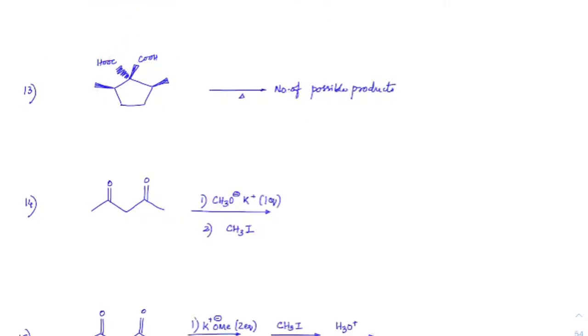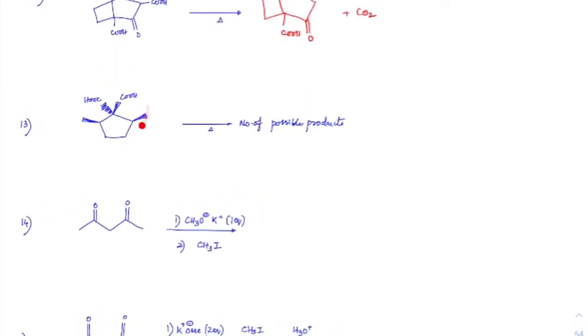Okay, this one is a quite familiar question, so you should be able to do this now. Find the number of possible products. These two configurations are fixed already. Here, these two are fixed. These are coming out of the board. One I can get is one COOH coming out of the board, or I can get one COOH going inside the board. So these are the two products I can get. So 11th one.